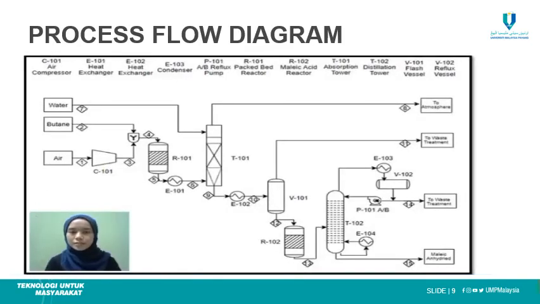My name is Nur Shazana binti Suda, and now I will present the process description of the production of maleic anhydride. The production of maleic anhydride is the oxidation of butane that contains vanadium and phosphorus oxide as the catalyst. At the first stage, air is compressed to a moderate pressure using a centrifugal compressor. Then it is mixed with pure butane and fed to the packed bed reactor where butane reacts with oxygen to form maleic anhydride. This oxidation is carried out at a temperature of 420 degrees Celsius and the reaction is